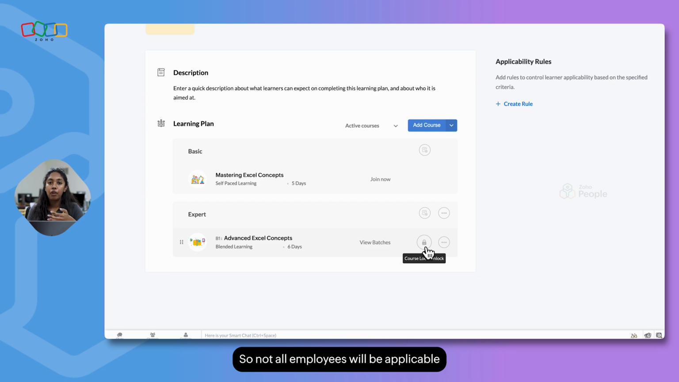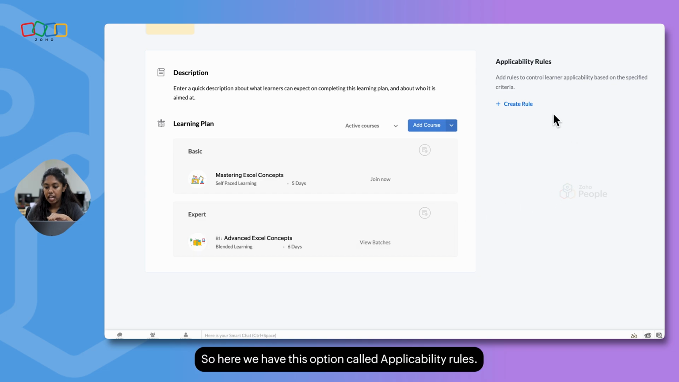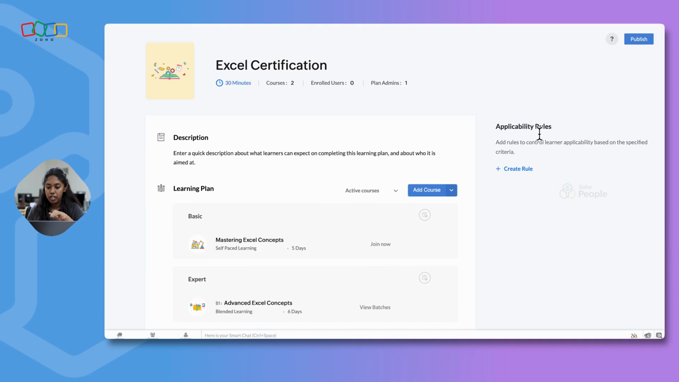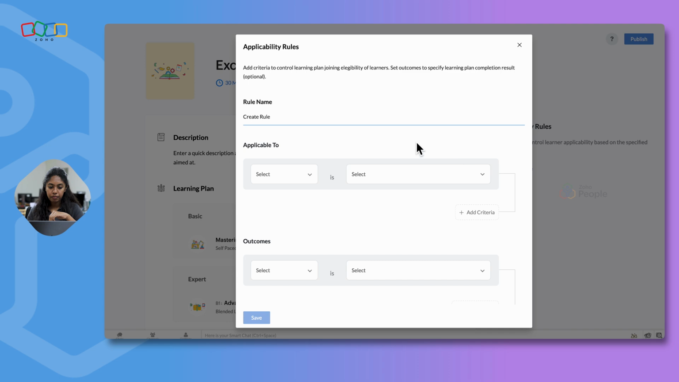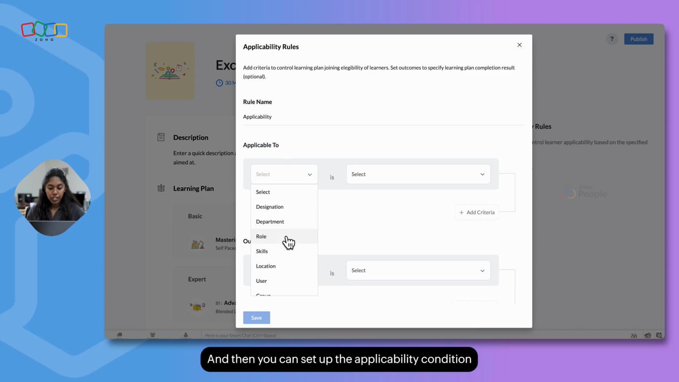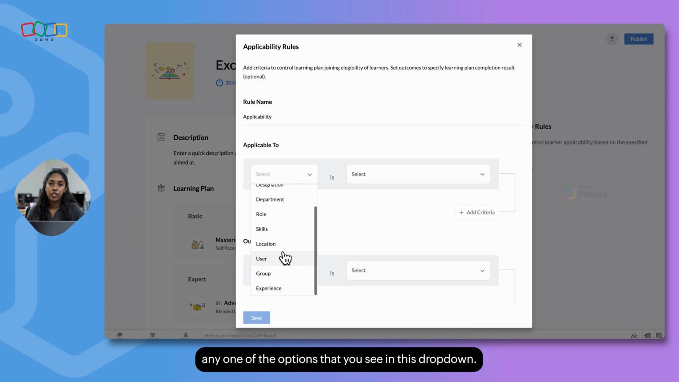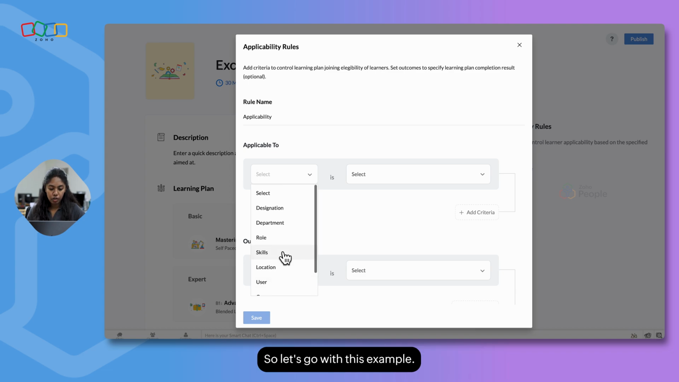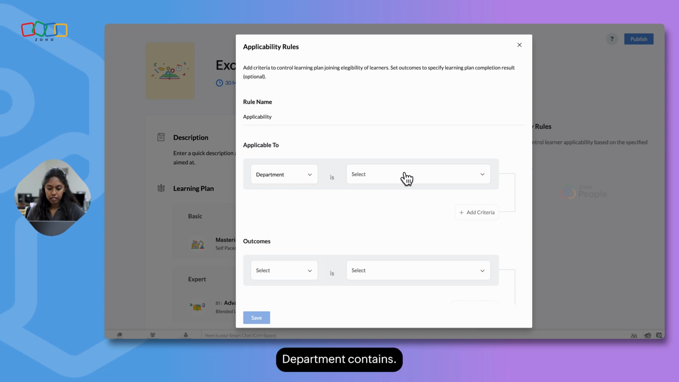So not all employees will be applicable to enroll to this learning plan. So you can set up rules here based on which employees will have an option to enroll to this learning plan. So here we have this option called Applicability Rules. So click on Create Rule. You can set up a rule name. And then you can set up the applicability condition based on any one of the options that you see in this drop down. So let's go with this example. Department contains,